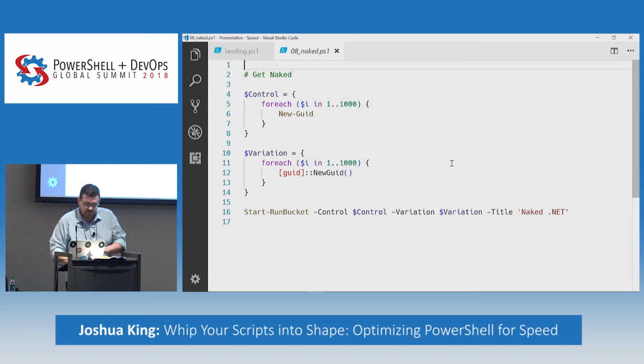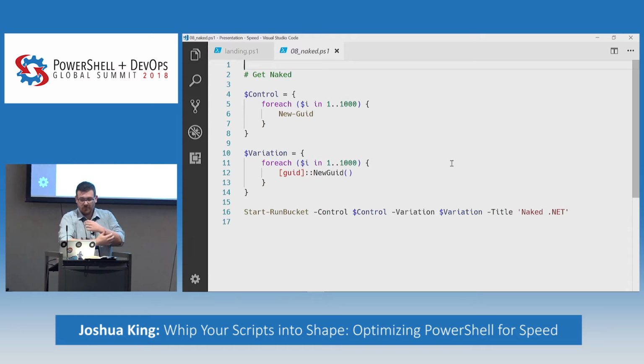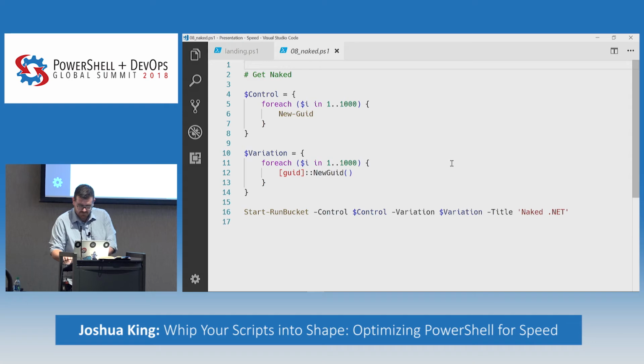Rather than doing that, we can generate new GUIDs via this. The output is exactly the same. And if we generate 1,000 of them,